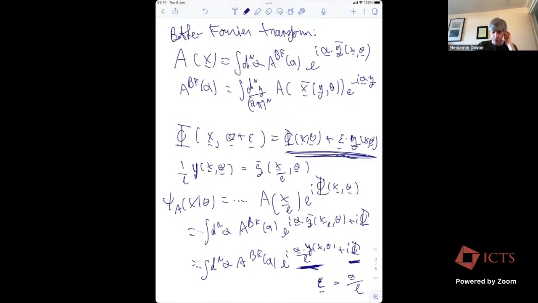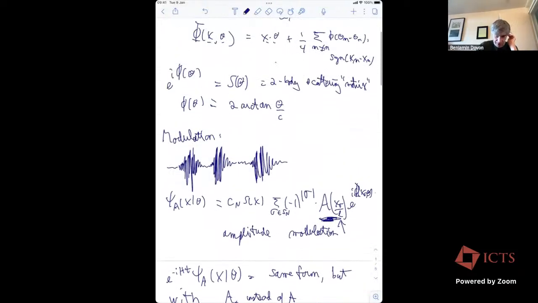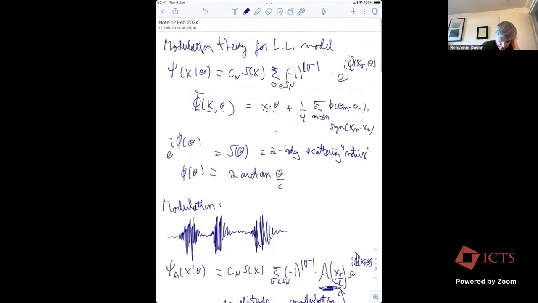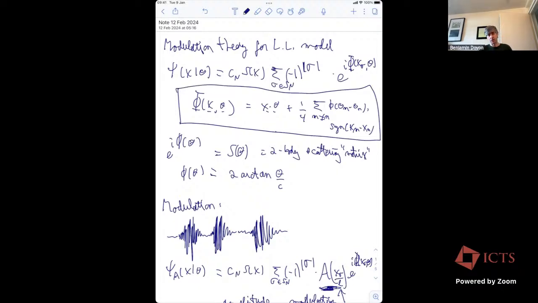You see, the Bethe wave function. The heart of the Bethe ansatz is this. This is the heart of the Bethe ansatz, right? This is what describes the physics of a Bethe ansatz integrable model. It's a modification of the free particle phase by a sum of two-body scattering shifts. That's how the Bethe ansatz works. And that is quite general, although in other integrable models there's